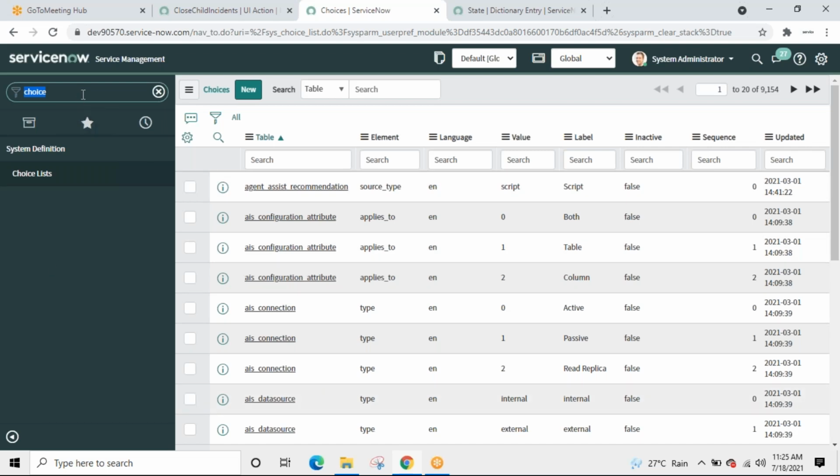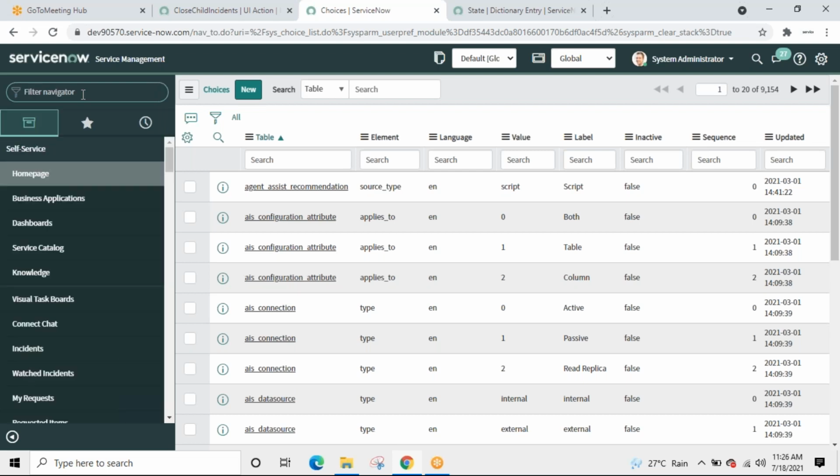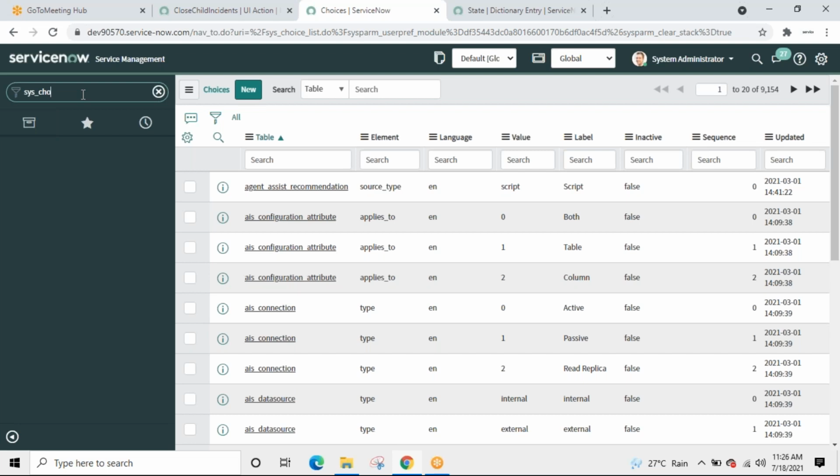In that case, if you have the actual name of the table, like for this table, sys_choice is the table name that I know. Just add _list.do. Every time this will be there, and just hit enter.